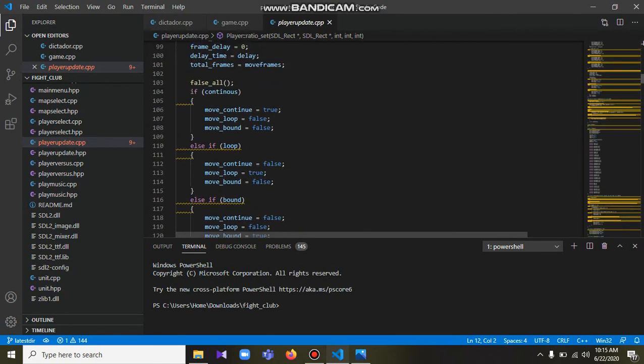Also, we have decided to have three types of moves in total. For example, we have continuous moves, which are basically carried out only once, for example punch or kick. Then we have loop moves, for example the idle move or the move left or